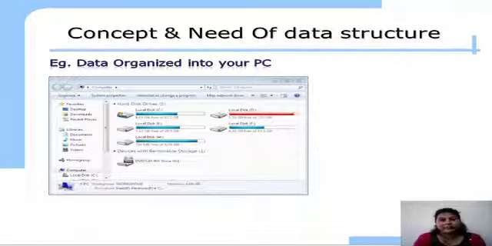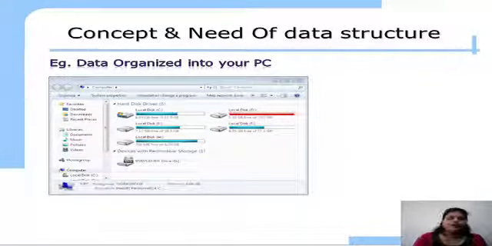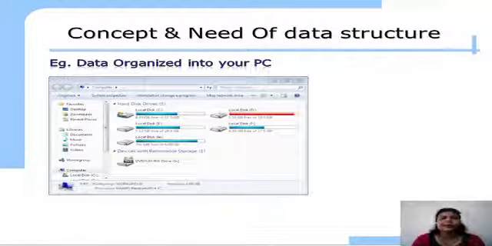This is your computer example. So this is nothing but the My Computer of PC. So everyone has a PC at their home. So how many drives are there? There must not be only one drive. There are multiple drives. So at least many of the people make at least two or three drives. Why? Because they want to keep this data separately.